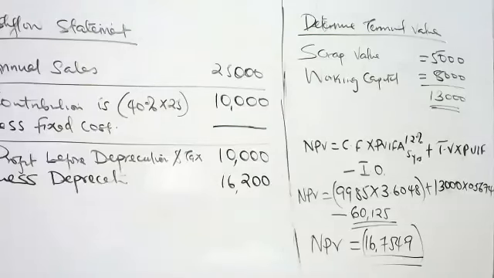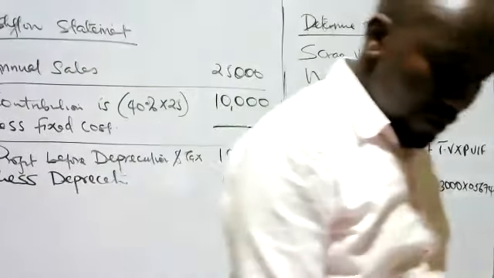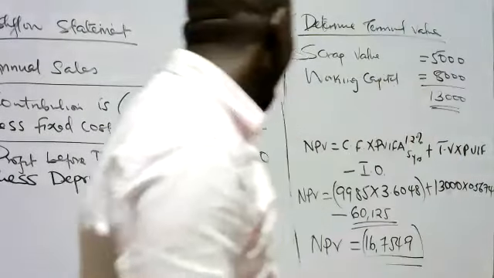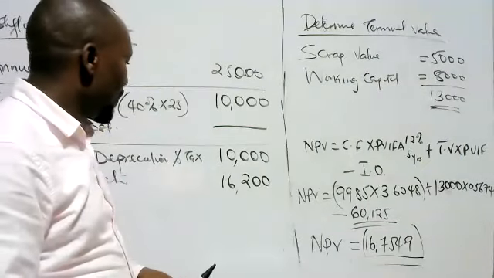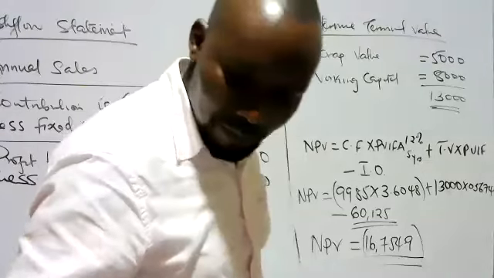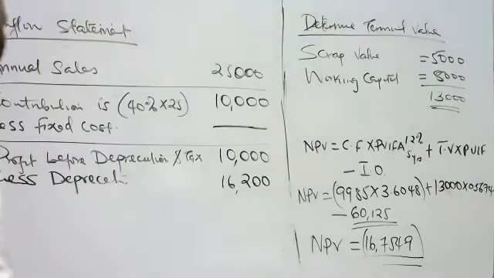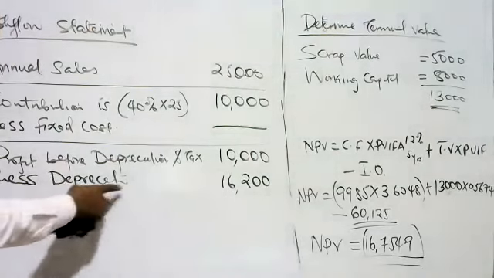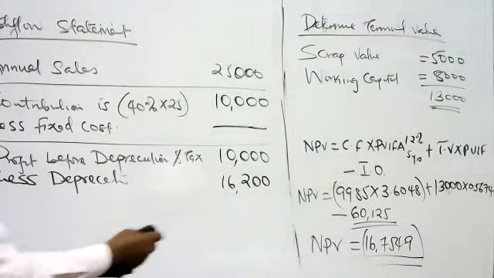There's something that I want you to test. This one has got a loss. I want you to test with the one that will be having a positive figure. Which example did you do that has got a positive figure? This one is going to have a loss here, because you cannot tax that negative thing. So let's say that you are having a profit, because this one has nothing to do with the revenue. Let's say that you're having a profit here